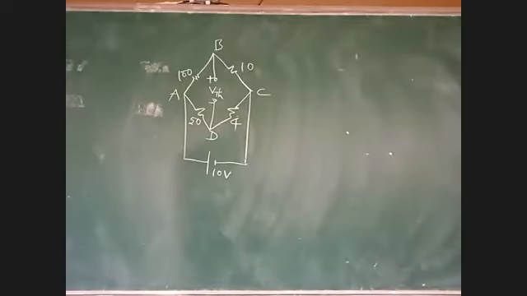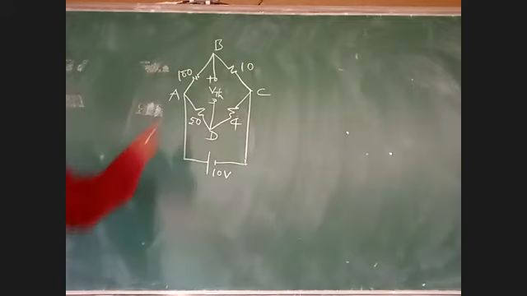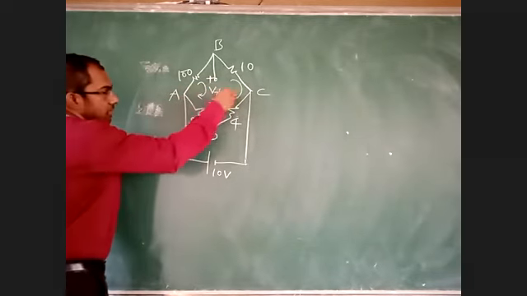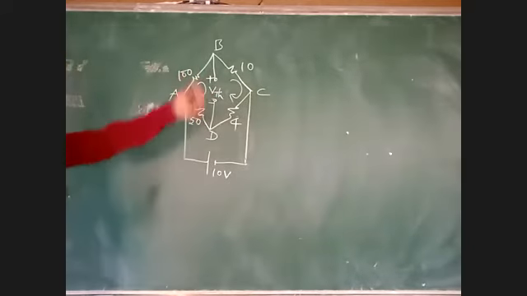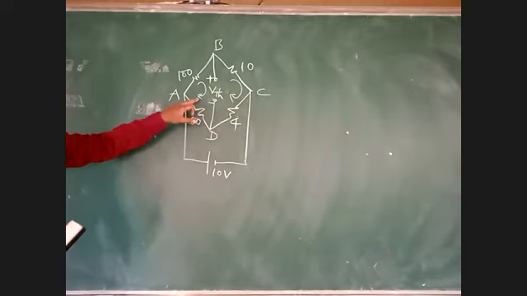Now, what is the second step in Thevenin's theorem? To find the resistance, that is the Thevenin resistance. But for determining VTH, we have to take one reference direction in the open circuit. See here, this is one open circuit. You can take this loop or this loop, any one. This is not a current direction because there is an open circuit here and your current is 0. This is only a reference direction.